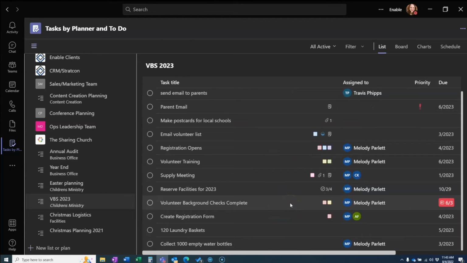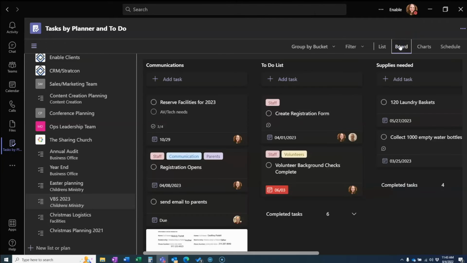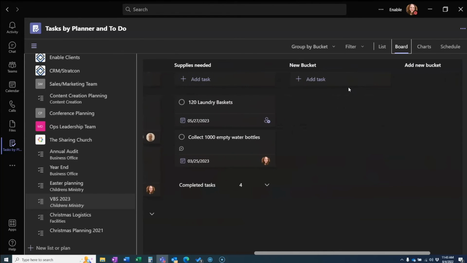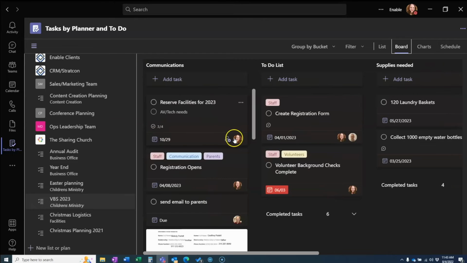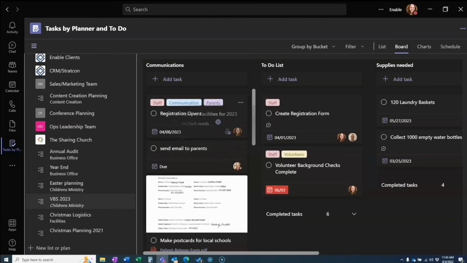So you can take a look at those things here in the list, or if you're more of a visual learner, you can take a look at them in this board view. And this may be what you're more used to seeing if you've used Trello or other Kanban style task management tools in the past. So what you have here is buckets. And you can add more buckets if you want more buckets. And you can add tasks to these buckets. Now the tasks are very easy to organize. They are just drag and drop,